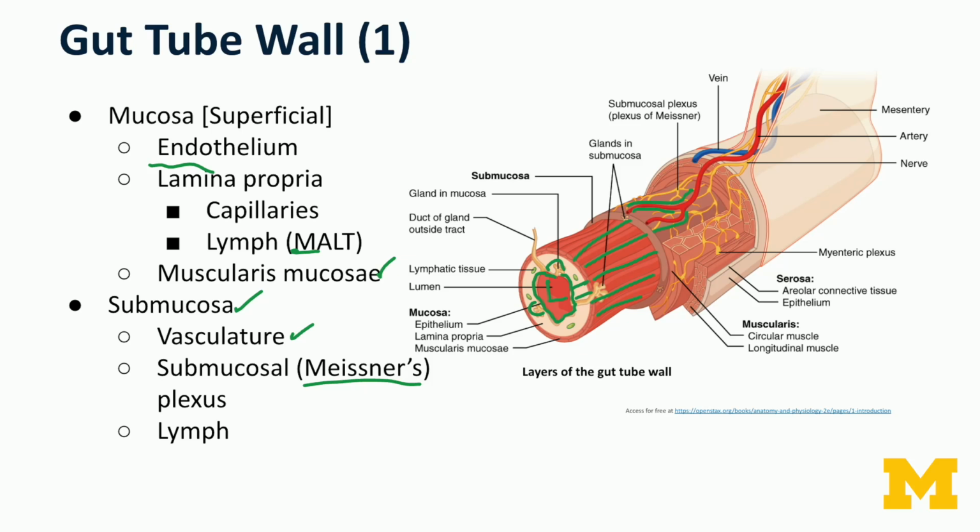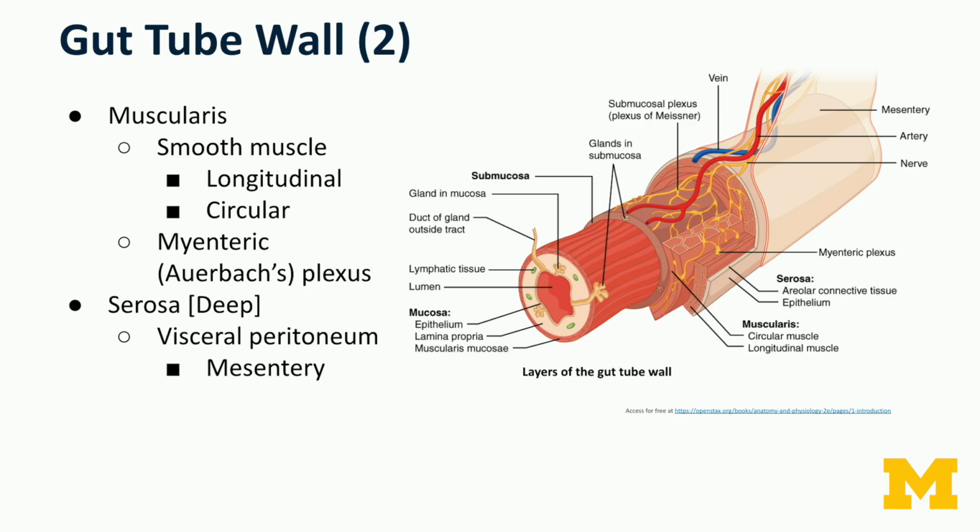In addition, we have lymphatic tissue. This lymphatic tissue is connecting with that mucosa-associated lymphatic tissue in the lamina propria. Any time that we have exchange of materials through the cardiovascular system, we're also going to have some lymphatic tissue surrounding as well. Now, if we go even deeper, we go into kind of the meat, no pun intended, of